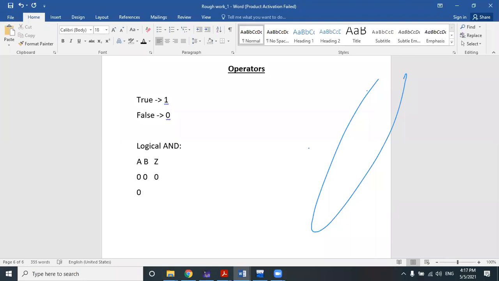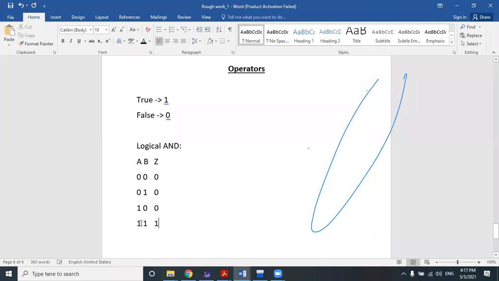A is 0, B is 1, Z is 0. A is 1 and B is 0, Z becomes again 0. And if both are 1, then Z becomes 1. That is a logical AND operation.